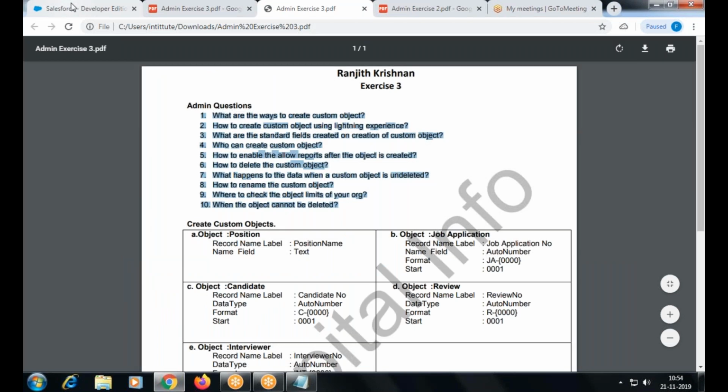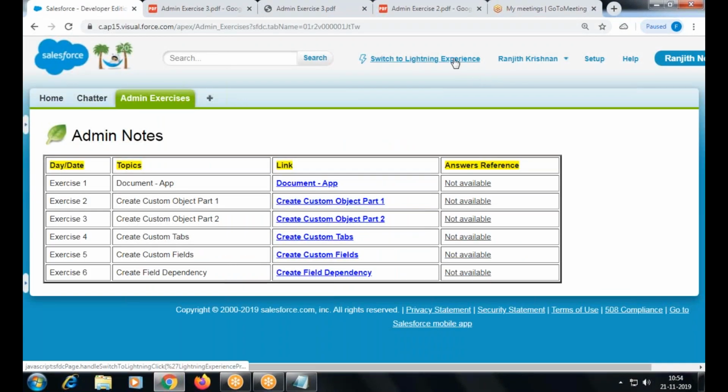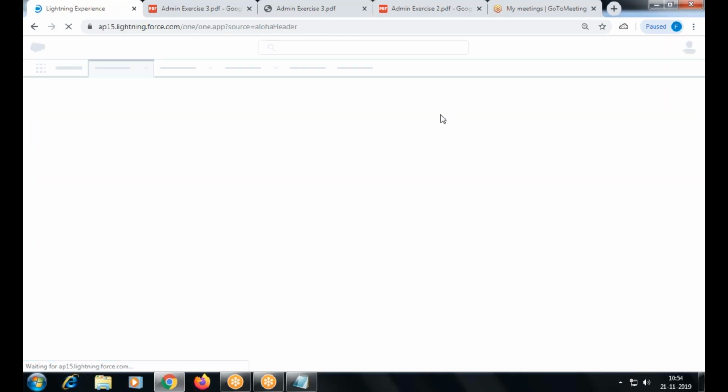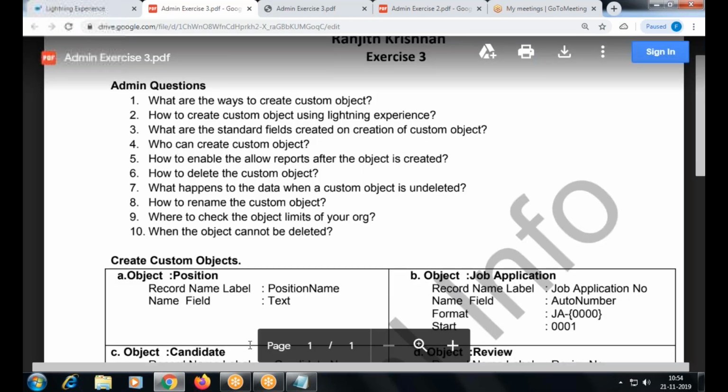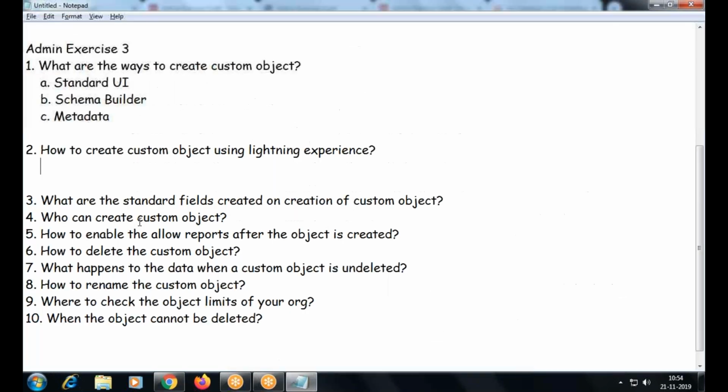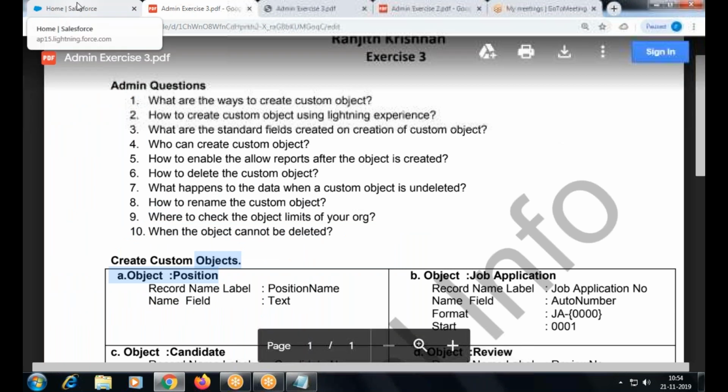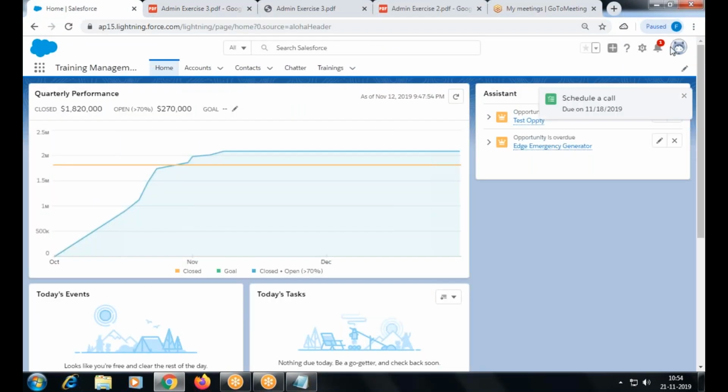We haven't seen how to create objects in Lightning Experience, right? Switch to Lightning. So let's create this object, position. Okay. So here I go to setup.